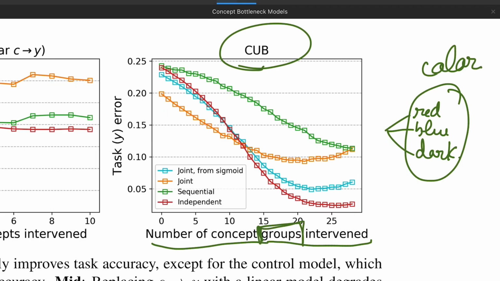So you fix a color group essentially. Now you see that again it confirms that the error decreases. This is good, but